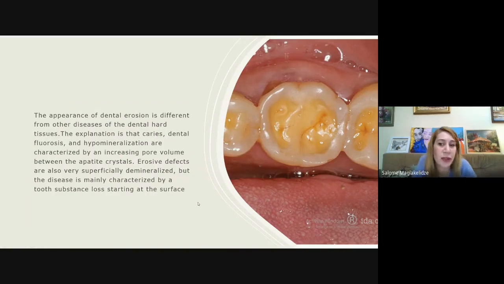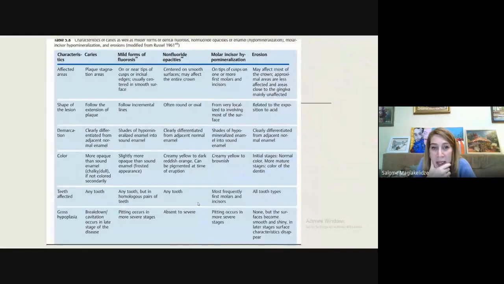And for erosion, for you to understand, erosion has an absolutely different visual effect. I don't think that you will think that this is caries. It's not, of course, and it's more superficial and characterized by the loss of the surface of the enamel, and you could see the wear too here. So in this case, the pore volume is more increased between the apatite crystals, and I think that obviously caries looks different. Yeah, here we have the table of these